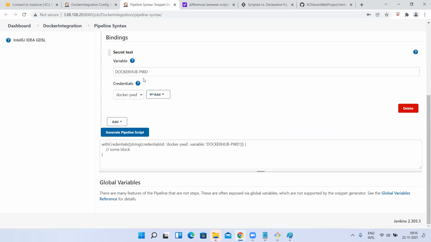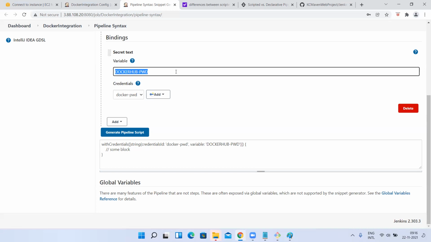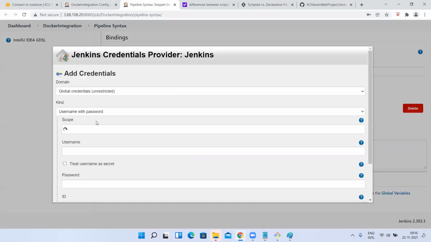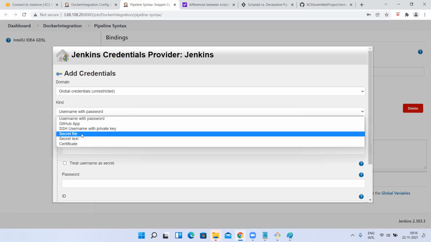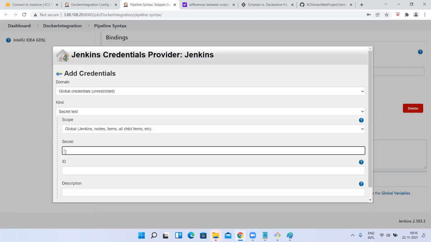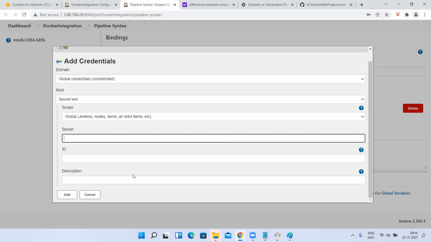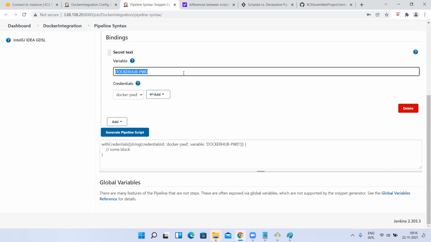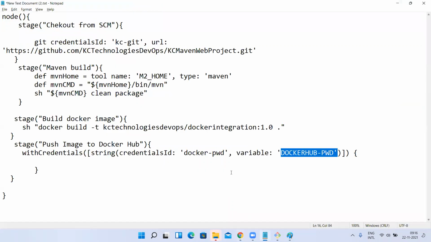Yes or no, guys? Now what this variable contains is my password, whatever I have entered here in the secret text. So using this variable, I can read my password, right? Where is this function starting?